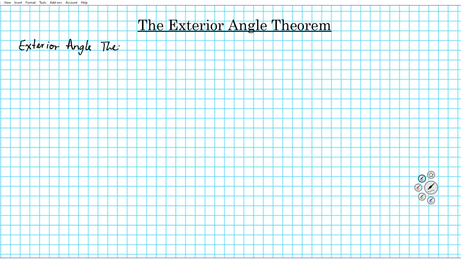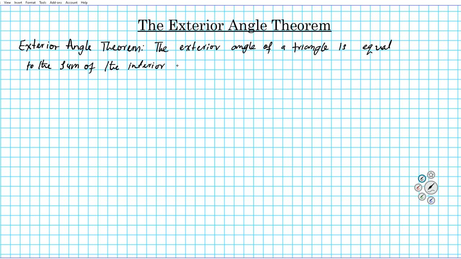What the exterior angle theorem says basically is that the exterior angle of a triangle is equal to the sum of the interior opposite angles. All right, this is as a result of the triangle angle sum theorem that we went over in the previous tutorial. All right, so let's go ahead and give you a visual